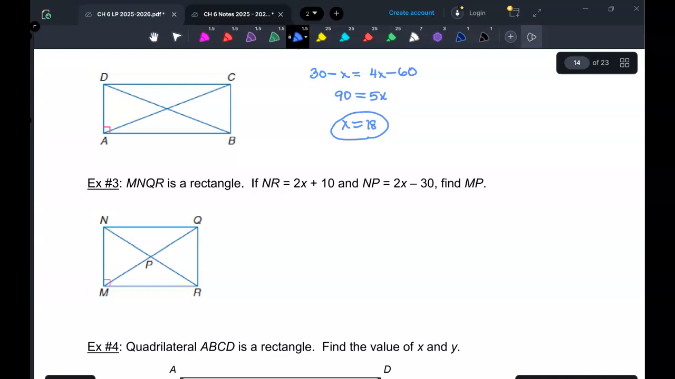All right, we got another rectangle, MNQR. If NR is 2X,